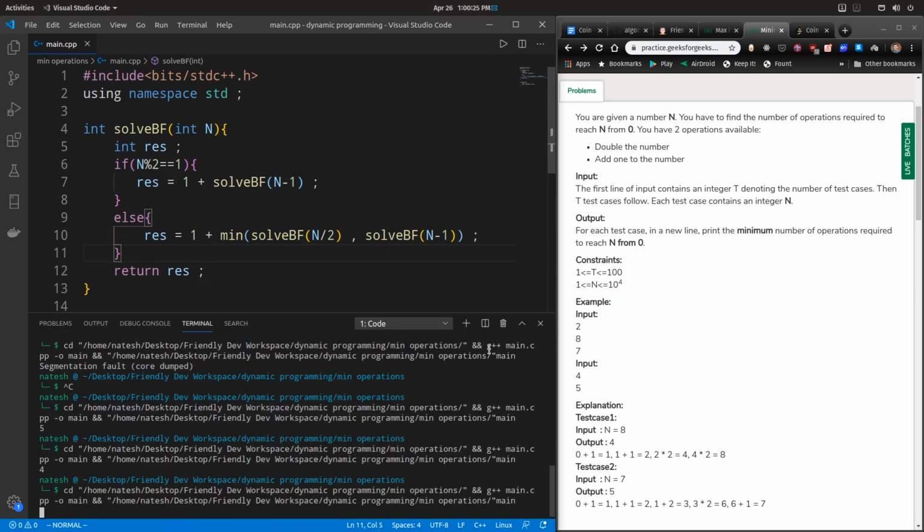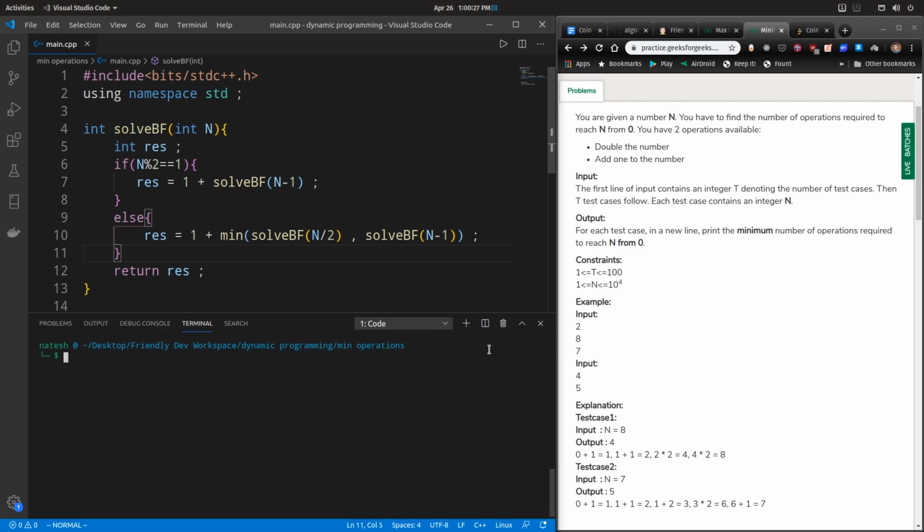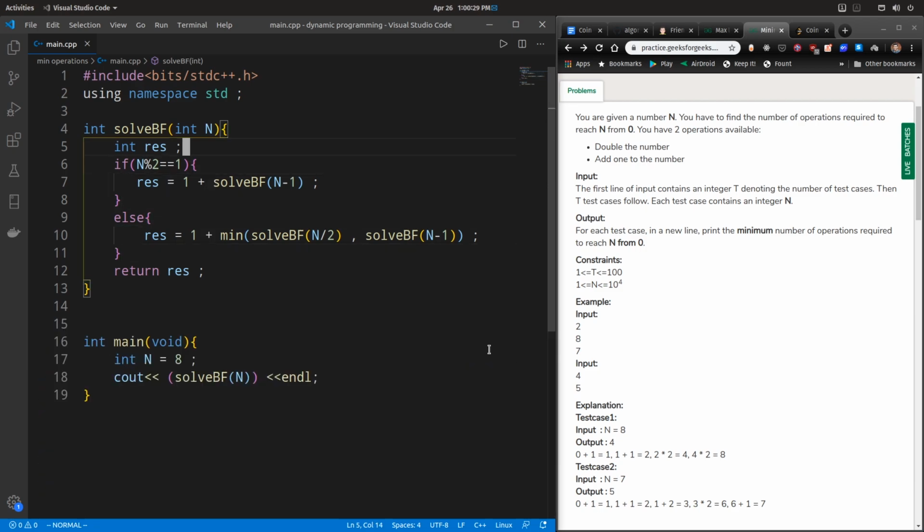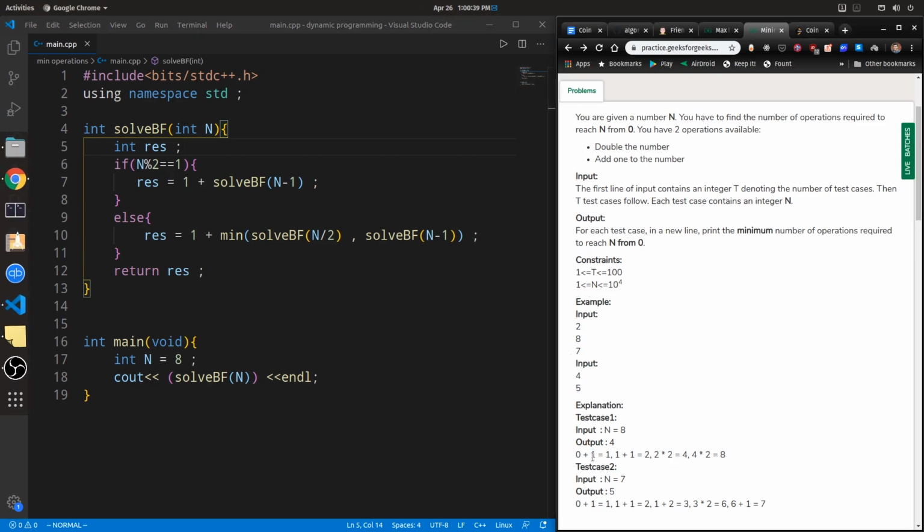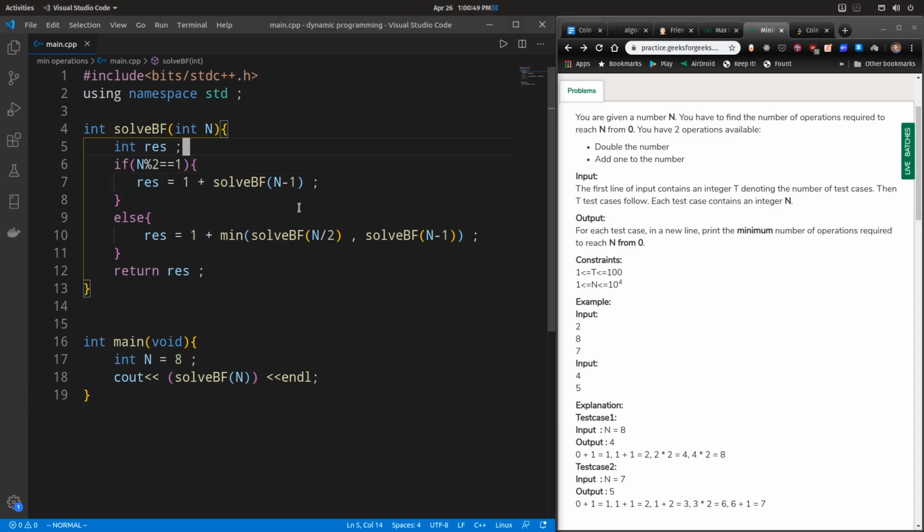If we run this, we still have to add the base condition. If you see the example here, let's say our n was 1, then from 0 we can't double it because we can only increment it with 1, so we'll get 1. So this is considered as one operation. This is the base case.